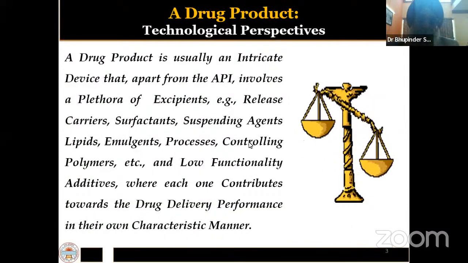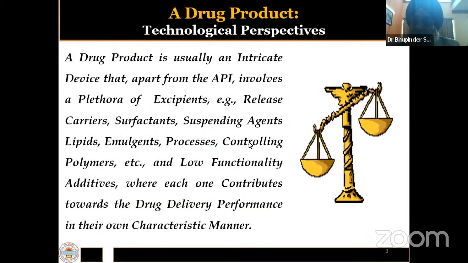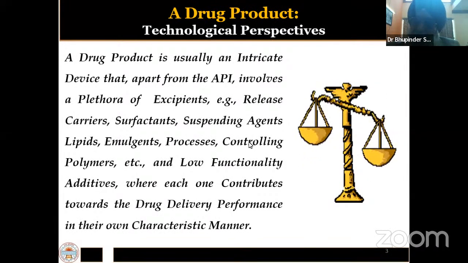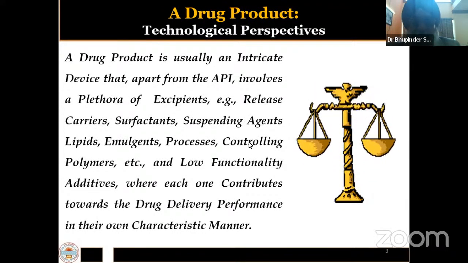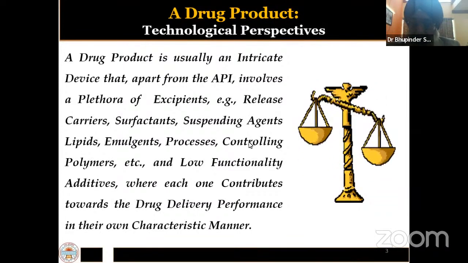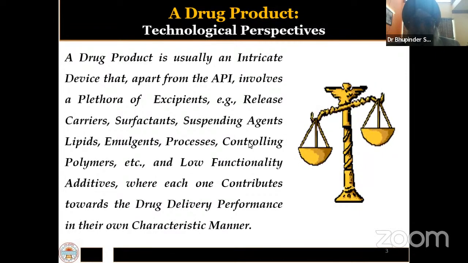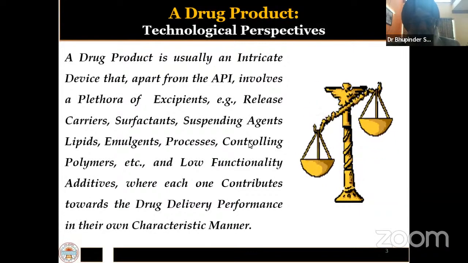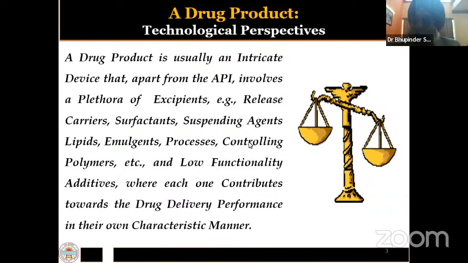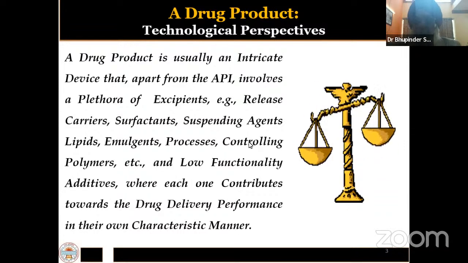A drug product is not merely a collection of API. It's an API or multiple APIs along with various low and high functionality excipients. High functionality excipients may be release controlling polymers, surface active agents, lipids, emulsions, and also various kinds of manufacturing and related processes, which account for that product finally